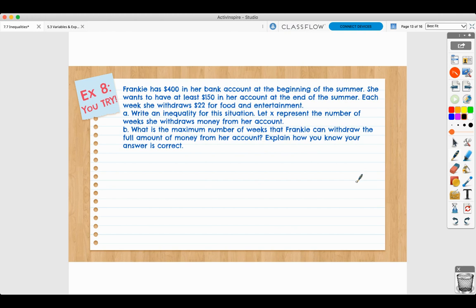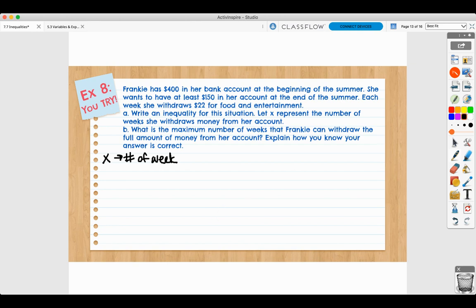Frankie has $400 in her bank account at the beginning of the summer. She wants to have at least $150 in her account at the end of the summer. Each week, she withdraws $22 for food and entertainment. Write an inequality for the solution. Let X represent the number of weeks she withdraws money from her account. So X is number of weeks,